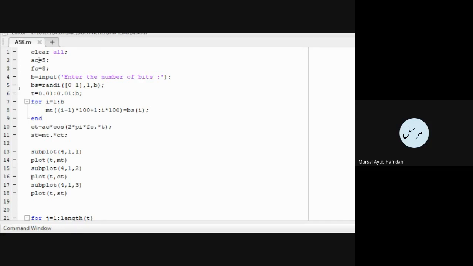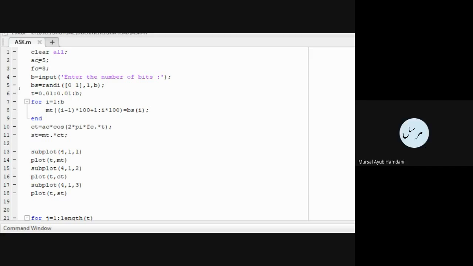0101, how many bits we have, Anirudh? Yes, sir. If my bit sequence for my message signal is 1010, how many bits I have? 4, isn't it? So 4. Yes, sir, 1010. So I'll be asking the user just to enter how many number of bits we have.